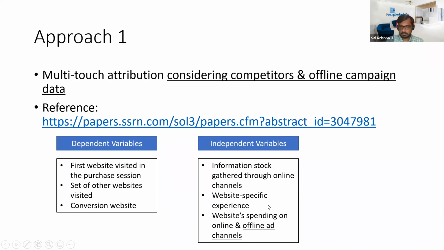These variables are grouped under the second point over here. And then the third point under the independent variables is the spending on online and offline ad channels. This is where the company spends on online ads, typically social media ads, Google AdWords, banner ads on another website, and so on. Offline ad channels are your advertisements in print media, radio, television, and so on. All your spending on both online as well as offline ad channels is consolidated under the third category of independent variables.